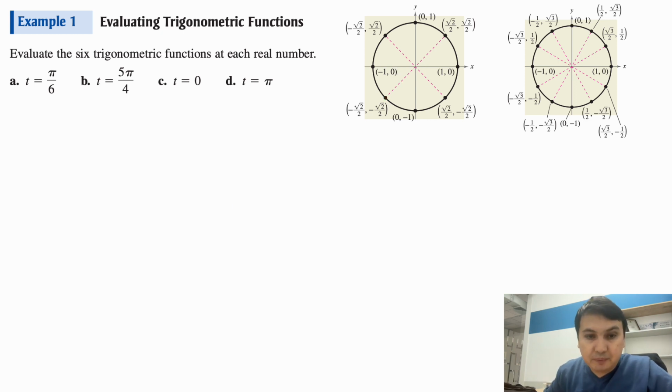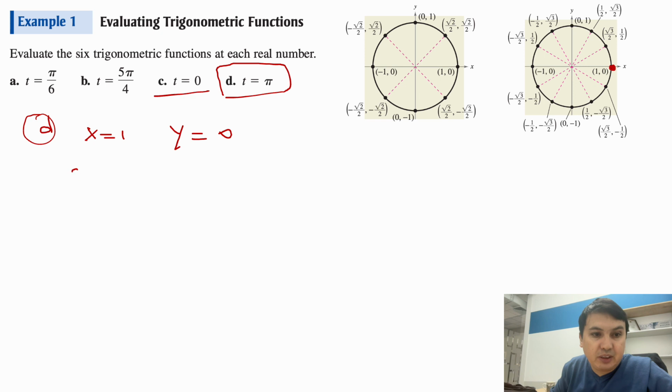Let me do one more. I will leave t equal to pi for you, but let's do t equal to 0. So t equal to 0 is right here, right? The angle is 0 means I haven't started. It's right here. So for d, x coordinate is 1, y coordinate is 0. So then sine of 0 is 0, cosine of 0 is 1,